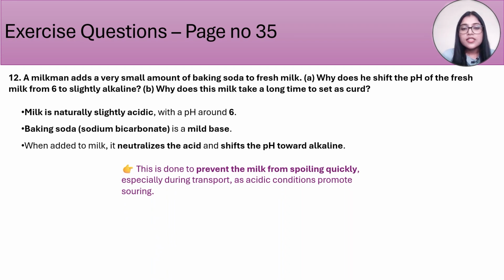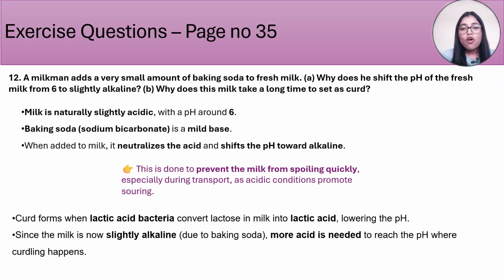So this is done in order to prevent milk from spoiling quickly. Because the milkman has to transport the milk from one place to another, the acidic condition of the milk might promote souring of the milk quicker. So he adds a pinch of baking soda to it. And the formation of curd